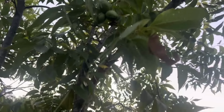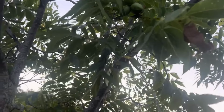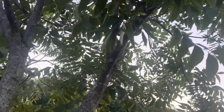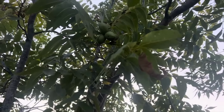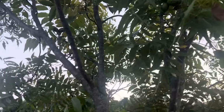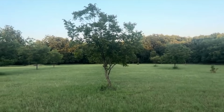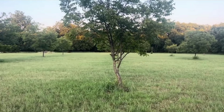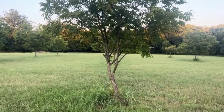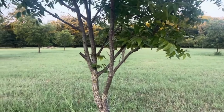You see those big ones? I'm pointing at them. I don't know if I'm pointing at them or not. Right there somewhere. I guess there they are right there. But as we look around out here, we can just walk to a couple, 2 or 3 trees here. We'll just walk out here to a couple of nice ones and see if all the trees have got them or only a handful. And as we walk over to this one here, now here we do have a lot